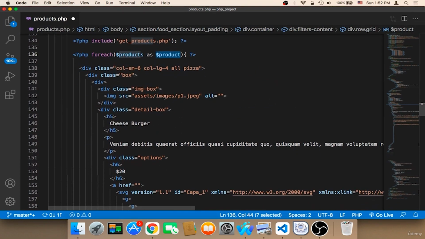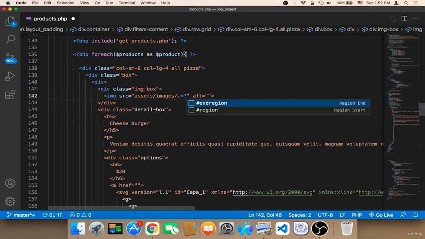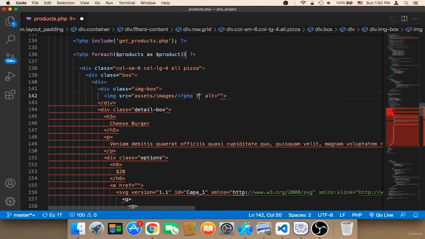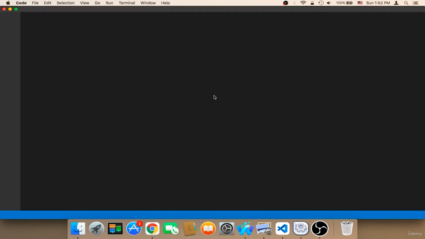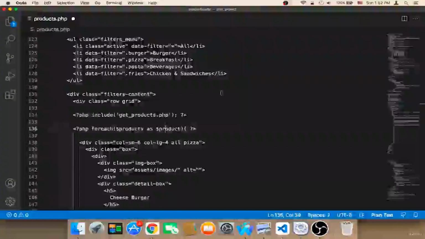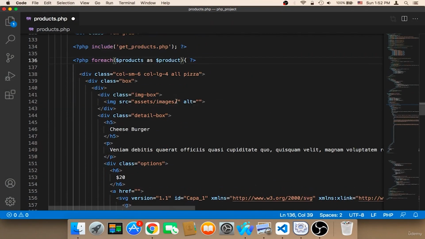So in between here, we need to remove the image. For example, here, for the image, we need to say assets/images/p1.jpg. We need to remove this p1, and then instead we need to say PHP. Let me reopen it, I have a problem. So here, in this image, we need to say PHP,